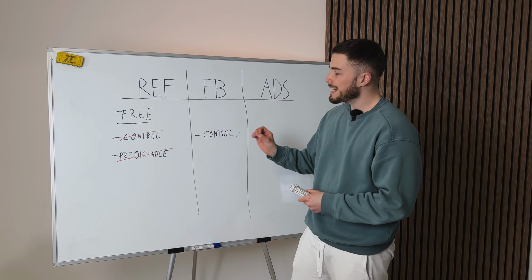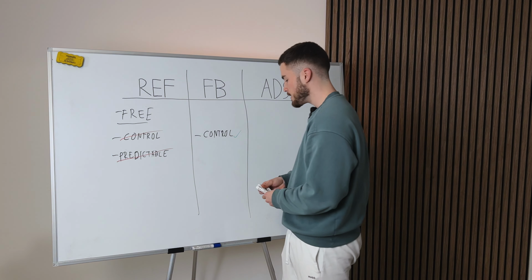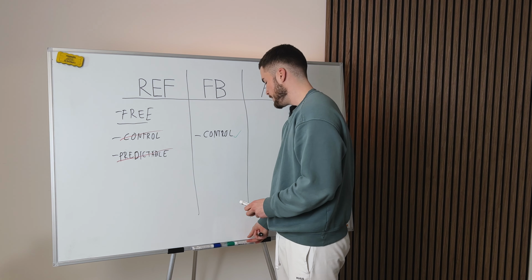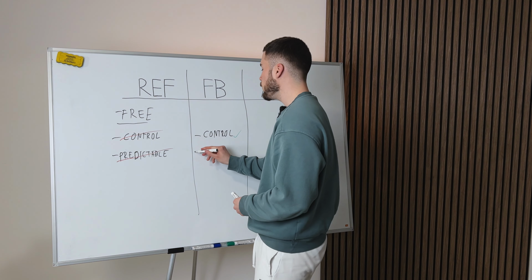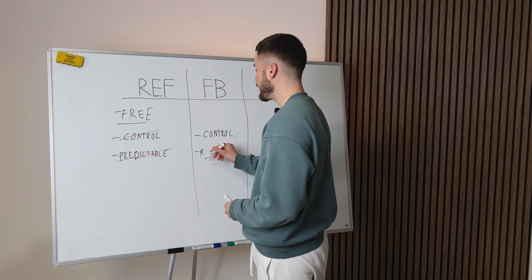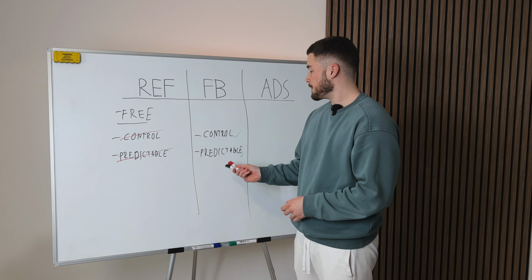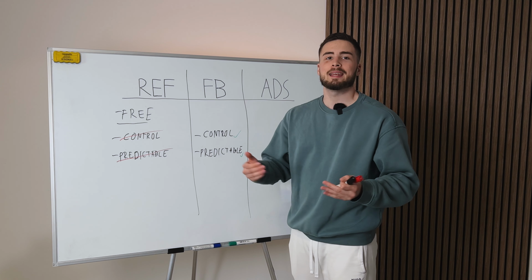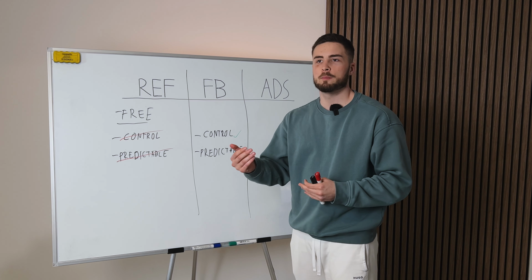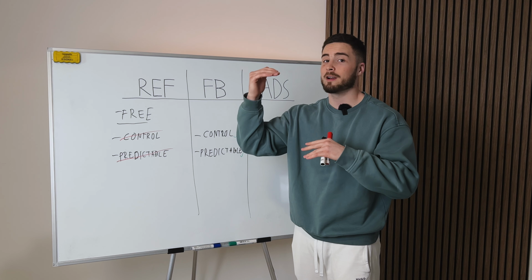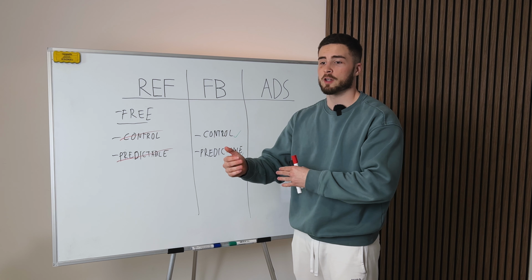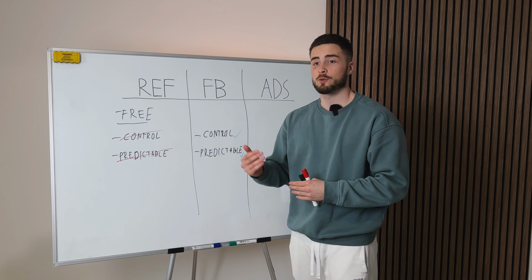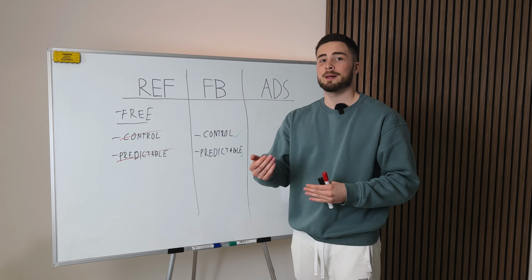Now, this is kind of predictable as well. So it's not completely unpredictable, as if you have some control, that means you can decide how much time to put in, and you know roughly how many students you're gonna get out. So I'm not sure if you can read this or not, but it does say predictable, right? Because you can influence how many hours you're gonna be posting, although like I said, there are limits to how much you can post. There's still some influence you have into how much you're gonna post. So if you know how much you're gonna post next month, in theory, you know how many students you're also gonna get next month.